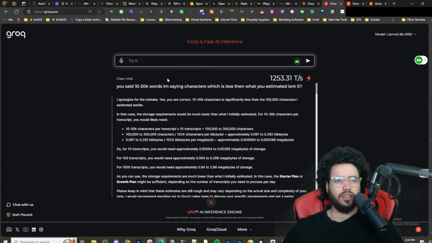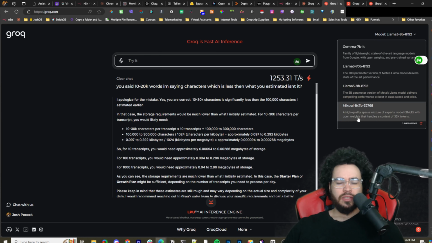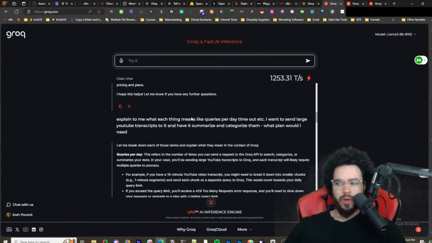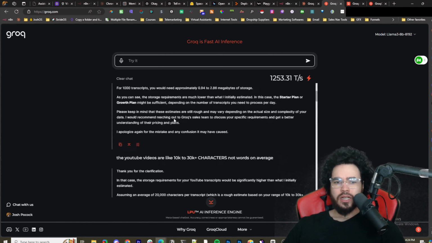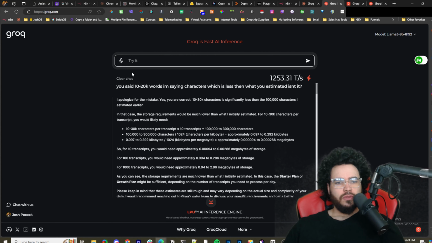And it's super fast. You can go to Groq.com and it's really nice because yes, you can use their models like Llama 3 8B, Gemma 7B, all these models right here, Mistral, for free, and you can chat with them. You can see here I was asking it about the API, about some of the rate limits and stuff like that. So like I said, there are some limitations here. There is a paid version coming, which will be good for those who want higher limits. But I'll show you how you can leverage their free version, and it is definitely useful for specific use cases. You can test it out like, hey,